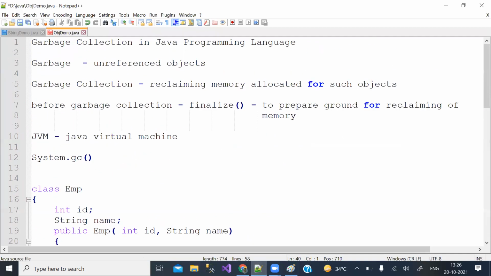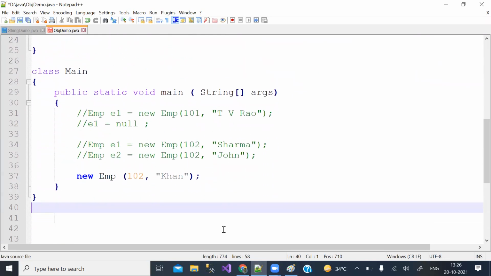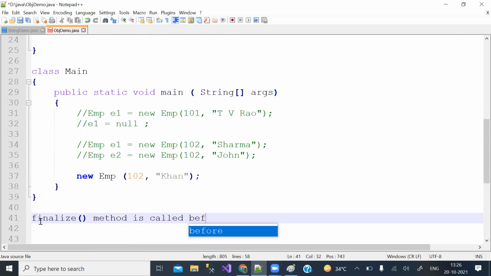Is this clear? Now the last one, finalize method. Finalize method is called before garbage collection is called.